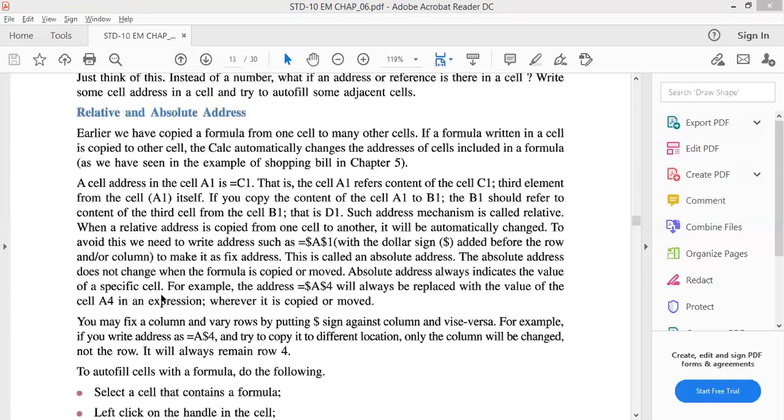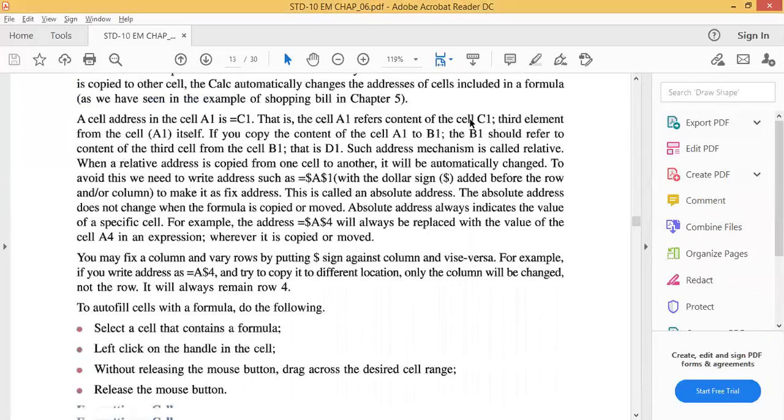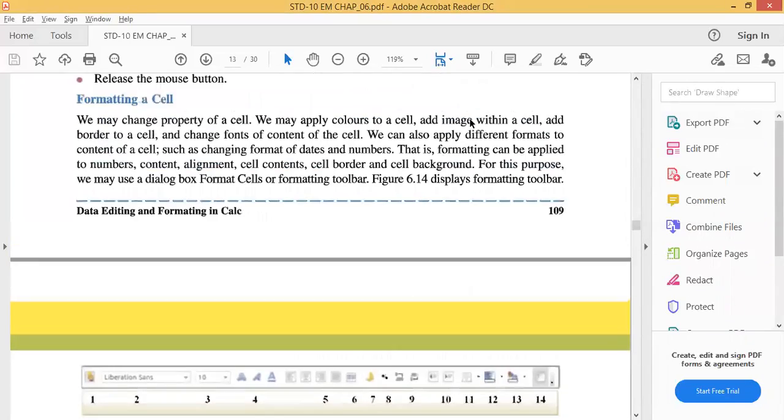It will not change the cell address when we write the dollar symbol before the cell or column address. So this is called absolute cell address. This is called relative cell address. In relative cell address, the value will be automatically changed when we drag it. But in absolute cell address, the value will never change. So this is simple relative cell address and absolute cell address.